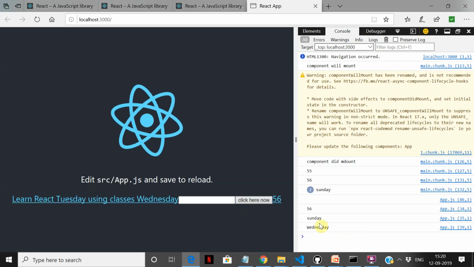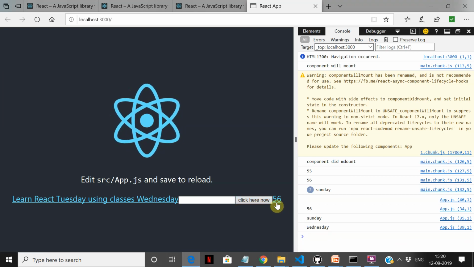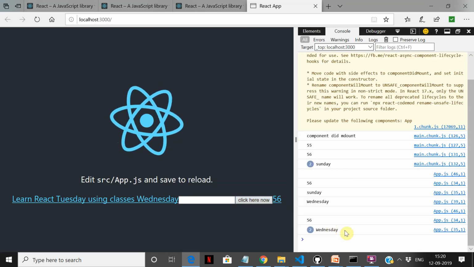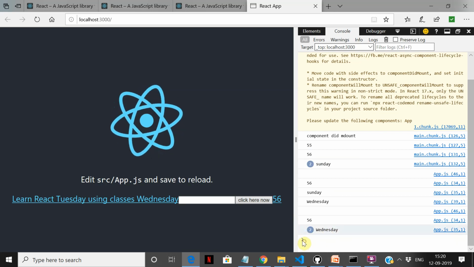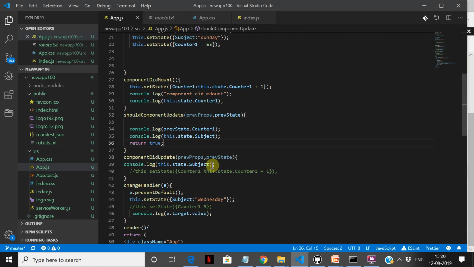So now it's showing us our Sunday and Wednesday. This is the second line. If you click here, now it's changing and it's showing the values also here. In componentDidUpdate, every time it changes, it shows us the value here.